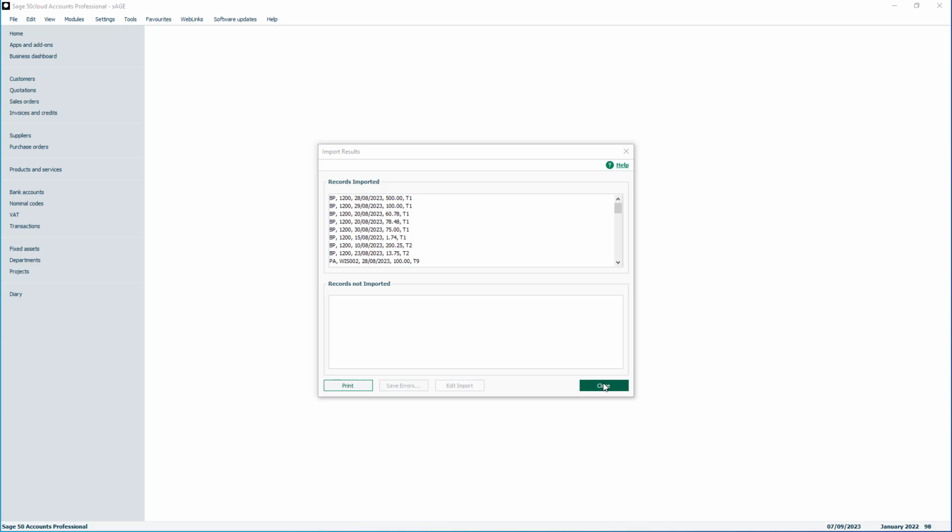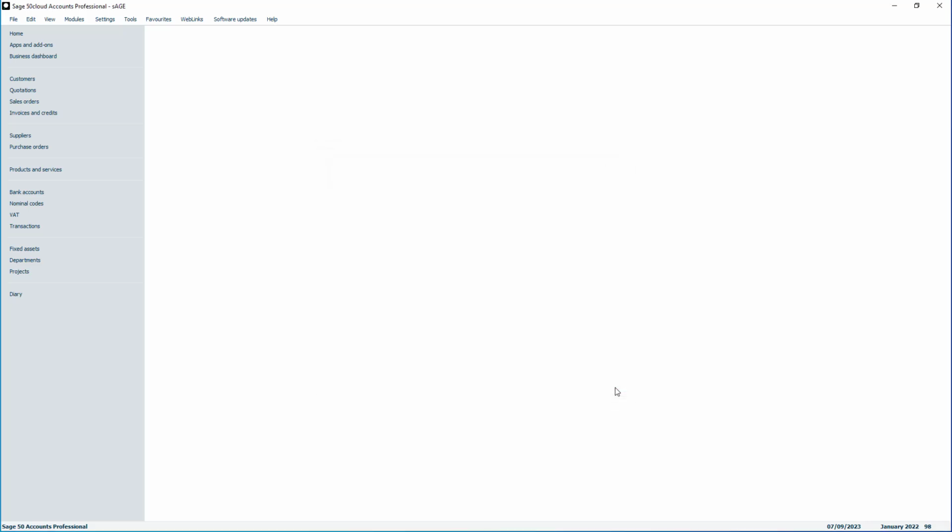If any errors are found, it would halt the import and it would report that information in this records not imported box. As it happens, ours has gone through quite happily, so there are no errors. All of the records that did import, the 100 transactions on that spreadsheet, are listed in that top box. So each row there is a separate transaction. So it's imported them all, 100 transactions, very, very quickly. If I just click close,